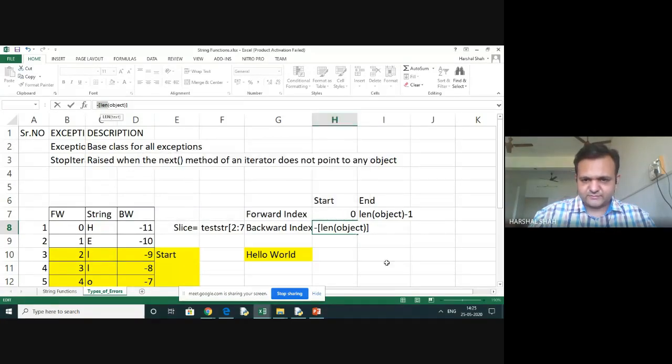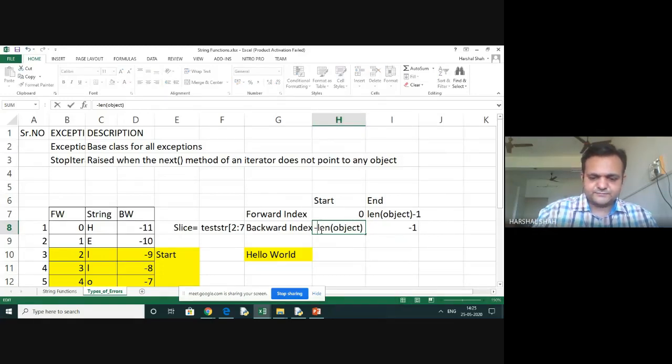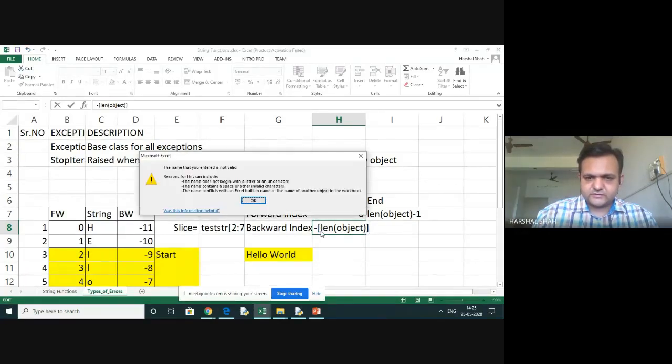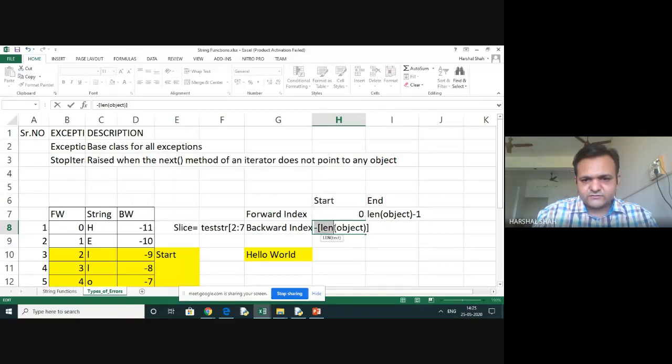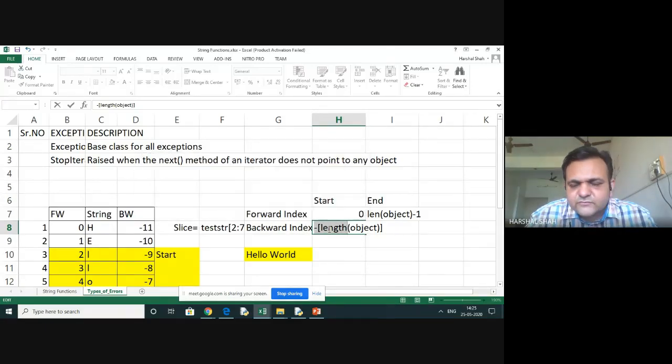Remember this. This will end at -1, so minus length of the object. I cannot enter this name in the Excel sheet, it is not valid.